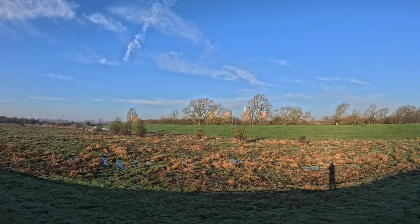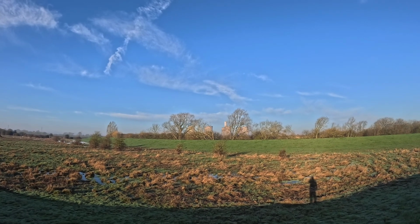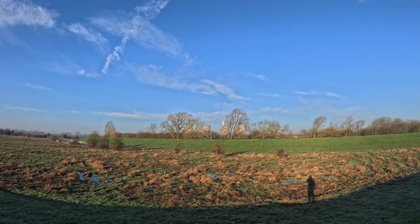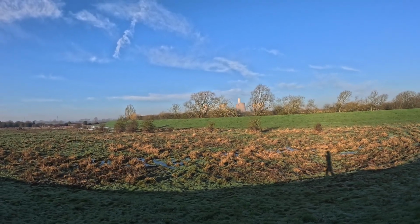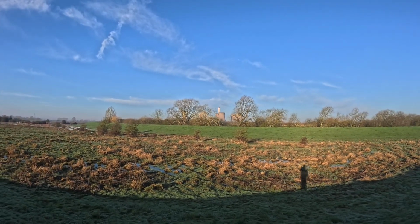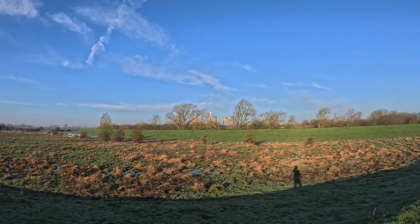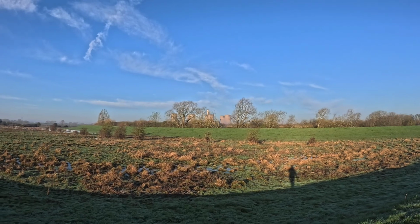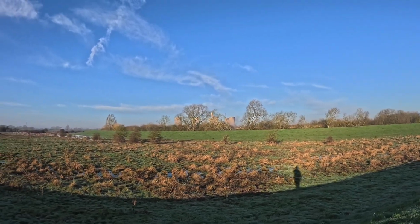Cottam Power Station in the distance. Looks very different now. Part of it, the boiler house, got demolished, blown up on Thursday morning, and those towers will be gone next year. It'd be strange not seeing that in the landscape. Anyway,